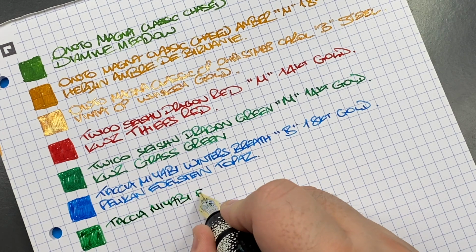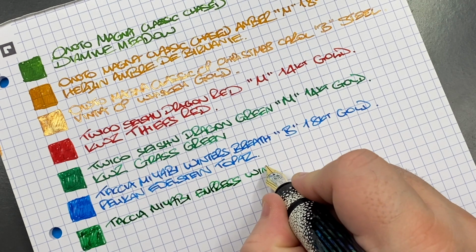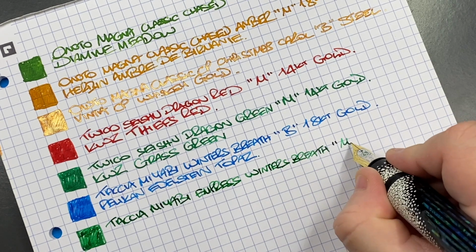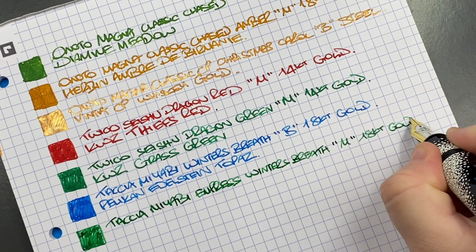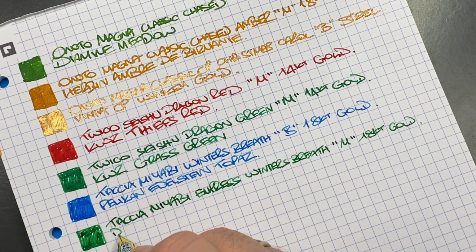Miyabi Empress Winter's Breath. And can I get that all in? Probably. It's a medium, and it's a King of Pen nib, but again, it's an 18 karat gold nib. It's not the Sailor 21 karat gold nib. Unfortunately, Sailor at the moment don't do the 21 karat gold for Taccia, although I think that might be changing at some point soon. So we might actually see something coming along, which would be quite nice if that was the case. Now, the ink in here is Diamine